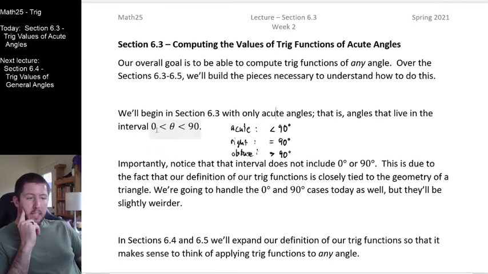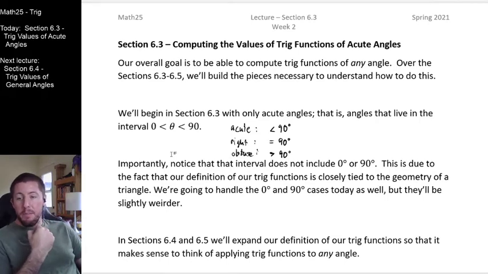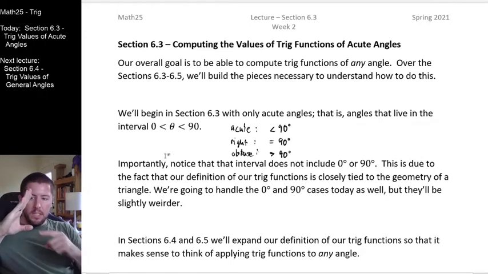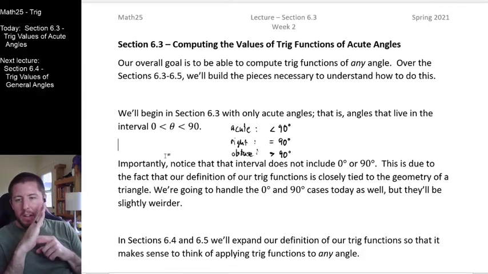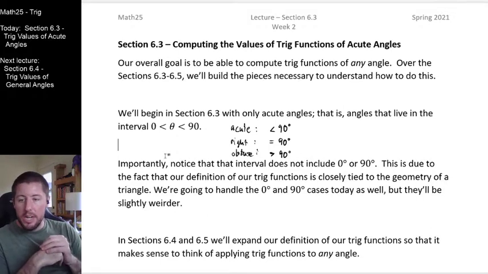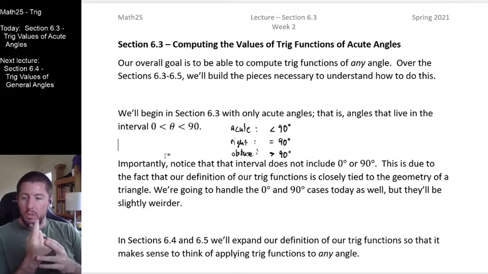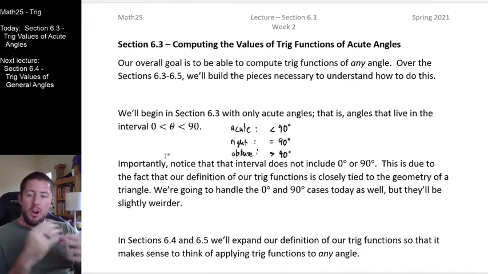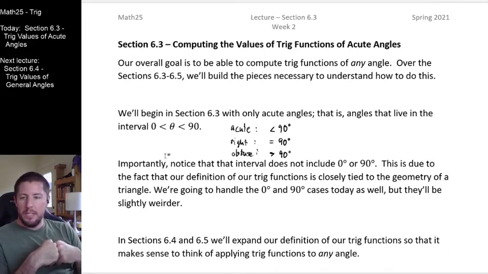So you should notice that this interval has strictly less than signs in it, not less than or equal to signs in it. That's for a really good reason. So far, our trig definitions are very much tied to the concept of being able to draw a right triangle. And since a right triangle is always going to have one 90-degree angle in it, out of the 180 available degrees, 90 of them are in the right angle, right? That means that there are 90 degrees remaining for the other two interior angles there,